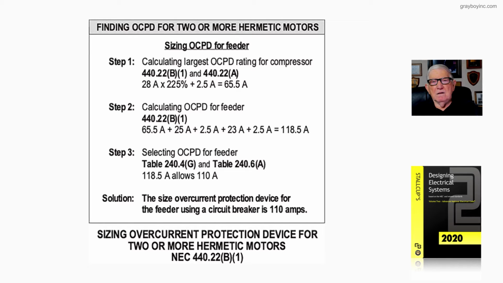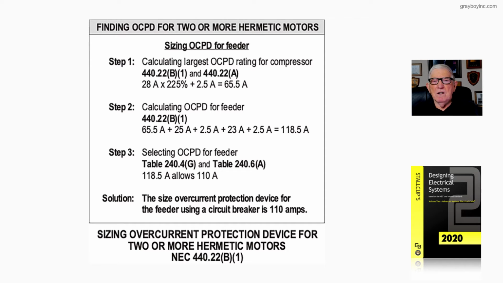Now, again, our section numbers are 440.22(B)(1) and 440.22(A). Now, 225% of 28 amp, plus 2.5, is equal to 65.5 amp. Now, again, you could round that down to 60, but to get the maximum benefit, most designers and installers would just stay at